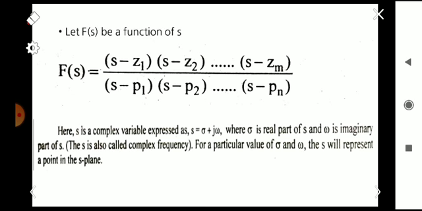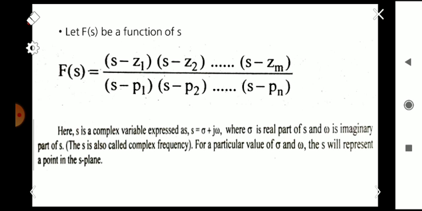So initially we are considering a function f of s. We can represent the function f of s as (s minus z1) into (s minus z2) up to (s minus zm), divided by (s minus p1) into (s minus p2) up to (s minus pn), where the roots of the numerator denote the zeros and the roots of the denominator denote the poles of the system. So here the function has m number of zeros and n number of